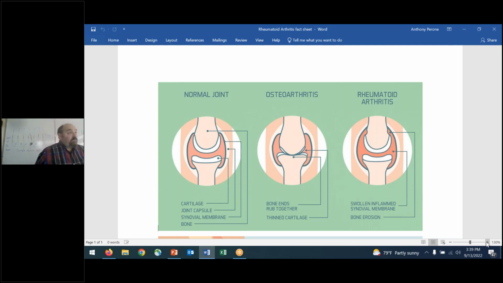Most of us, as we get older, all of us will experience osteoarthritis. If you had an injury, some type of injury, you can start developing the early signs of osteoarthritis. Rheumatoid arthritis is more of a disease process, and that's an autoimmune type disease, and it doesn't affect everybody. So you'll see there osteo and rheumatoid arthritis, okay? Just showing you that there can be changes and damages that can take place in these synovial joints.